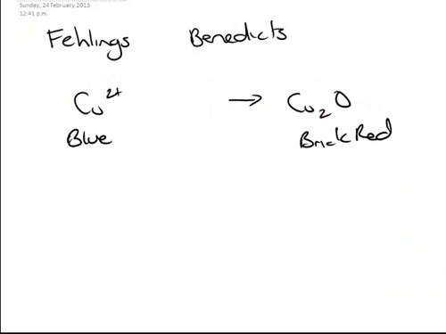Now the next is Fehling's and Benedict's. Now they are separate tests. One has copper 2 plus in a complex with citrate and the other with tartrate. Essentially though, all you need to know is that if you use either of these, it's going to start off blue, and if it's positive, it goes to brick red. And effectively that's going from copper 2 plus to copper 1 plus. So if you were to balance this, just remember that you'd have to put 2 here because there's a 2 over there. That's in a redox balancing, but for the most part you just need to know the observations,